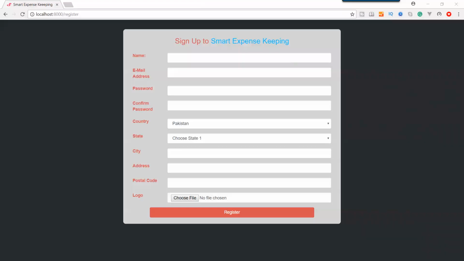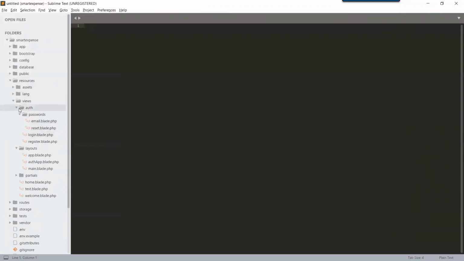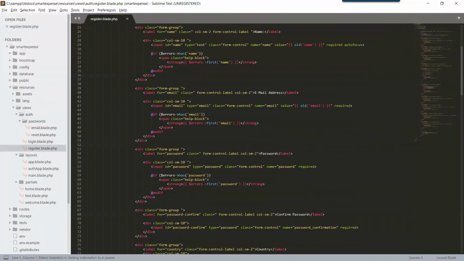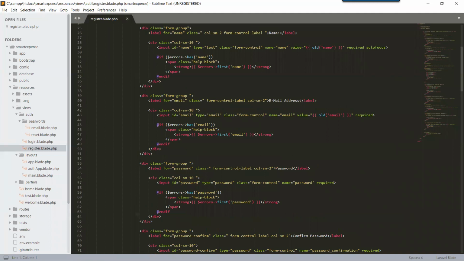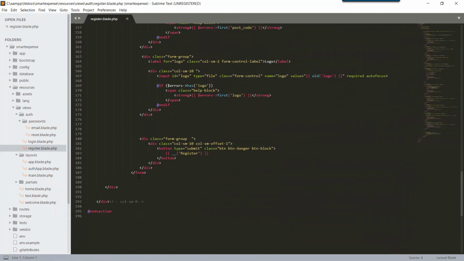So this time we are going to customize our email, and before customizing the email, we have to give the link to our sign-in page, our login page. So let's quickly add this link. Come to our views, and in our auth we have a register. In the register, at the bottom of the form,